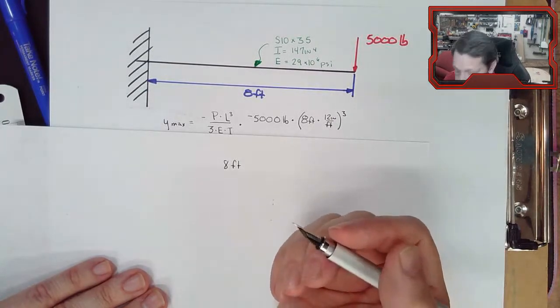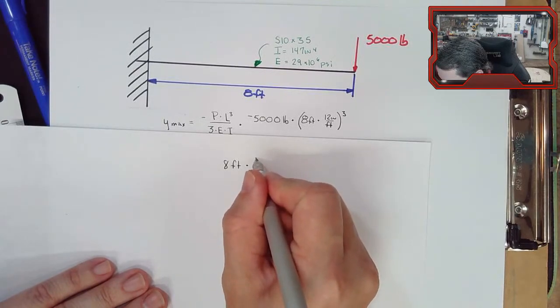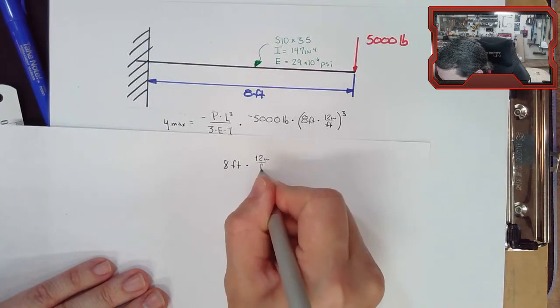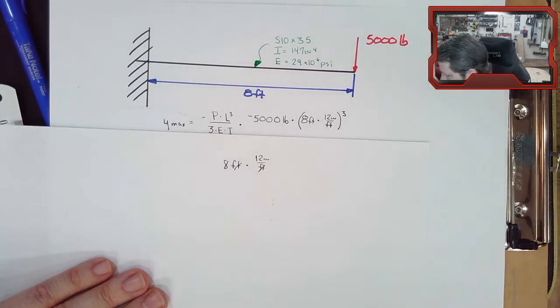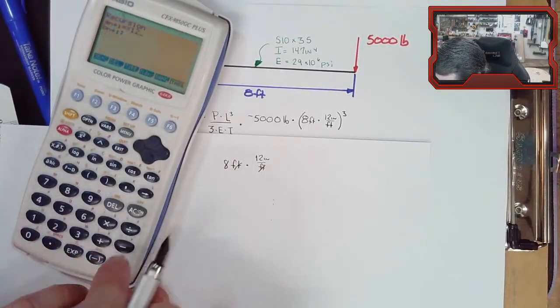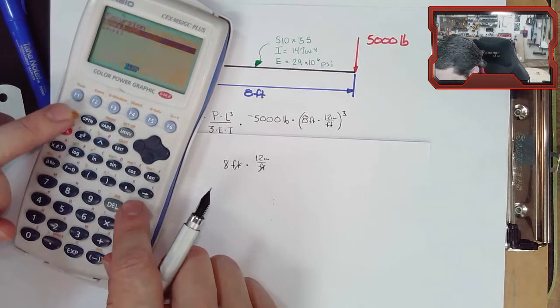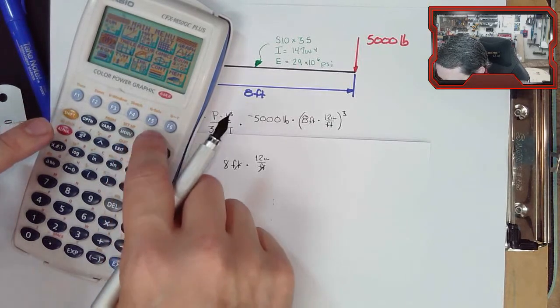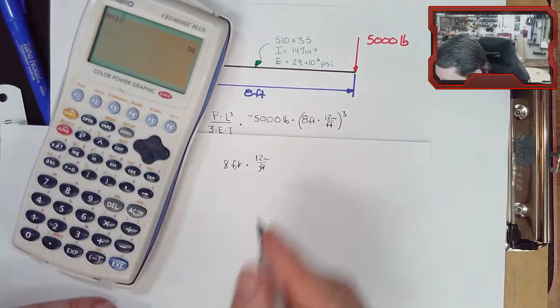Well, 8 feet is 12 inches per foot, and that number is 8 times 12. 8 times 12, 96